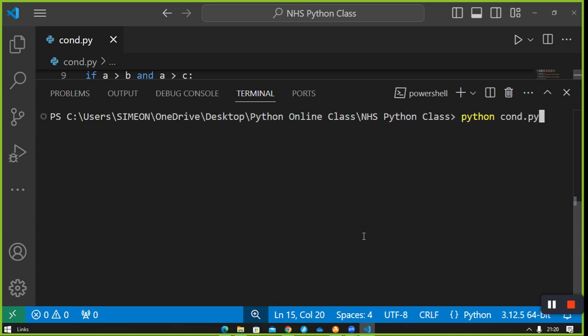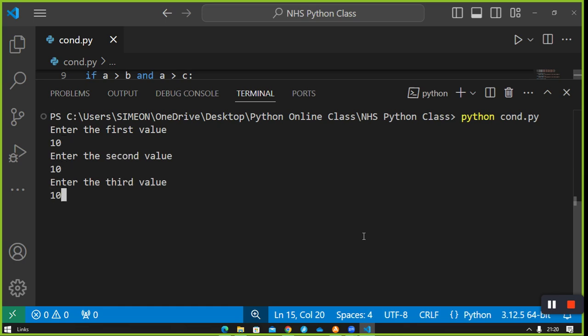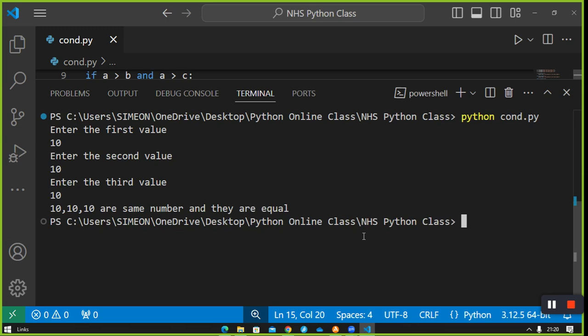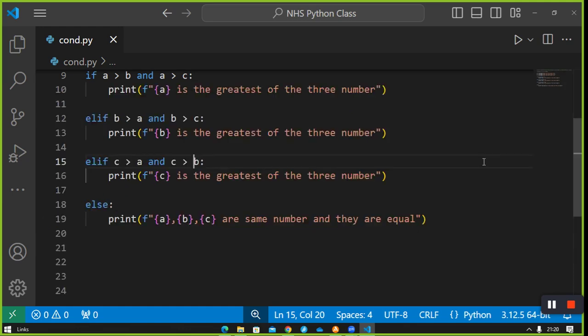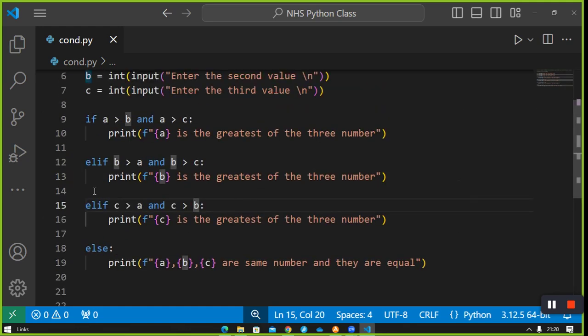Then let's try all numbers, all values are the same. I say 10, 10, 10. 10, 10, 10 are the same number and they are equal. Wow! That is how we write an if statement. That is how we write a nested if. A nested if is a particular kind of statement that allows us to repeat an if statement inside the same